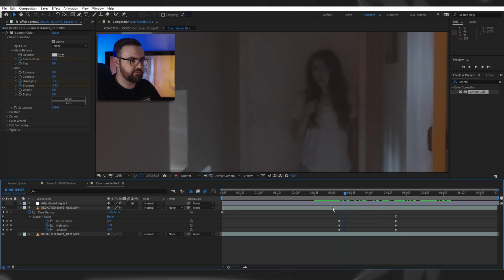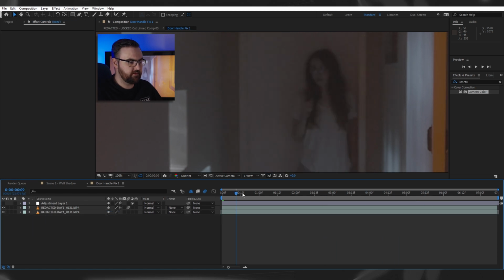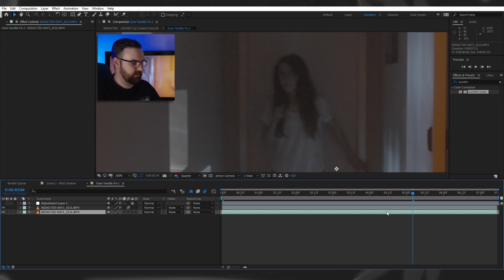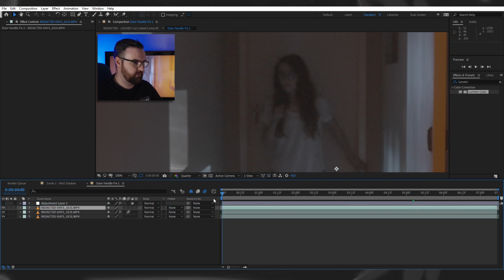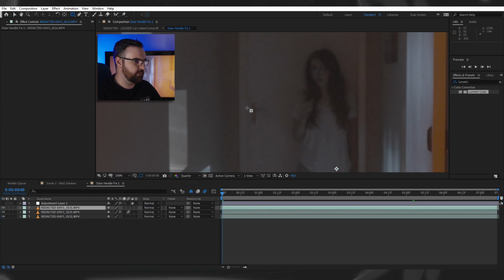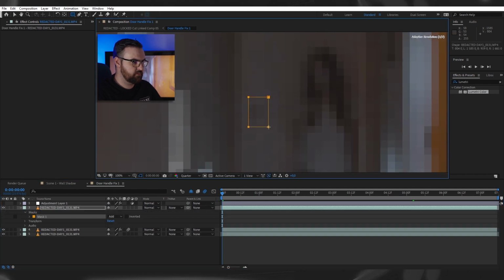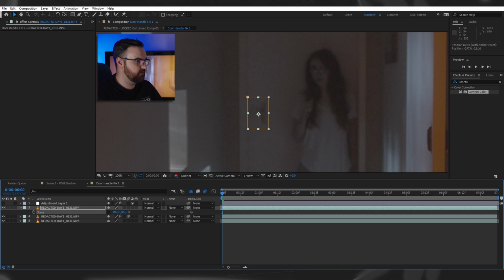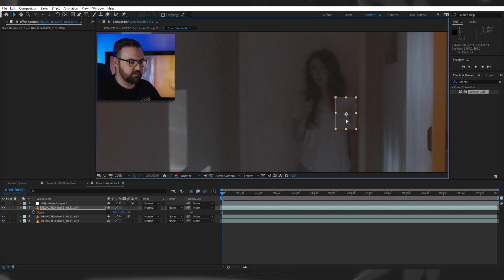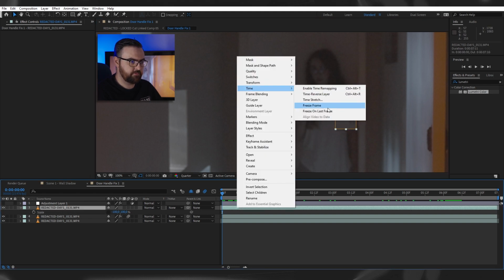The only thing left is to rotoscope like I showed you before. And then the last thing that I needed to add was the door handle back on the other side. So again, duplicate the bottom layer, find a spot where the door handle is visible. I move the anchor point to the center, go to scale, unlink it, flip it around, and then again, just move it to that side, and then remember to freeze frame,